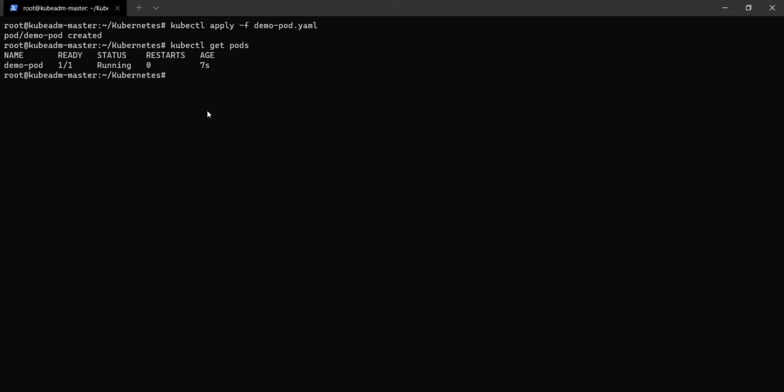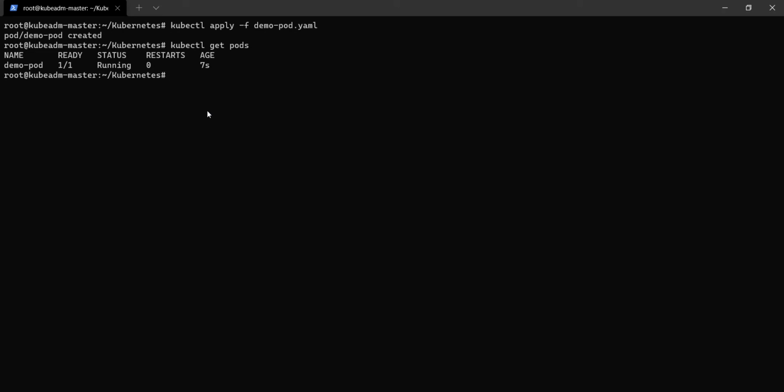So we have many objects in Kubernetes. Pod is one object, service is one object, and to establish communication, if you want to access the pod, if you want to access the Nginx pod that we created, then you must go for the service type. At present, we want to access the pod within the cluster environment. I don't want to access the pod from the outside.